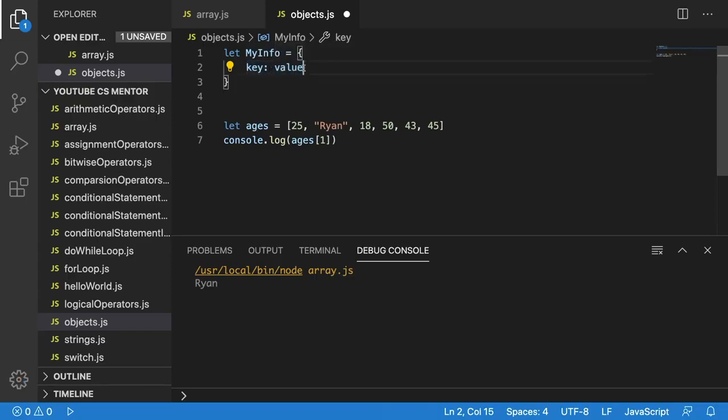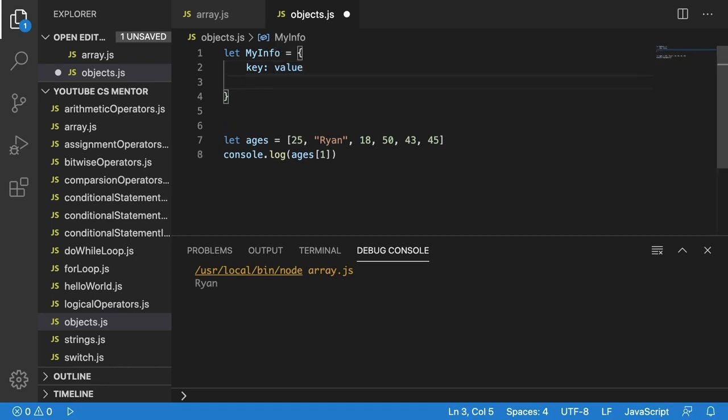Okay, so we're going to start off by creating a key, and that's the example that we're going to go with. We're going to start off by creating our first key, and we want to set this first name to a variable. The variable that we're going to set it to will be a string, and that string